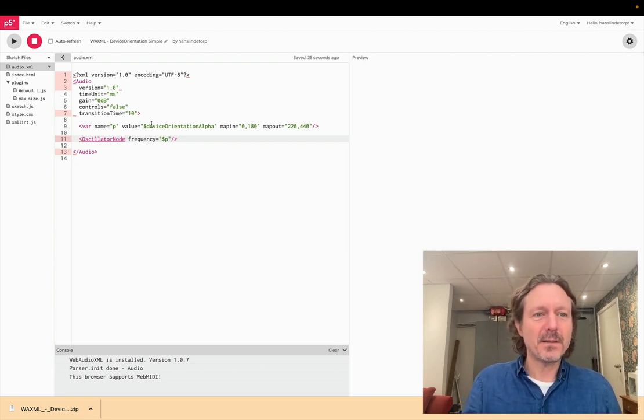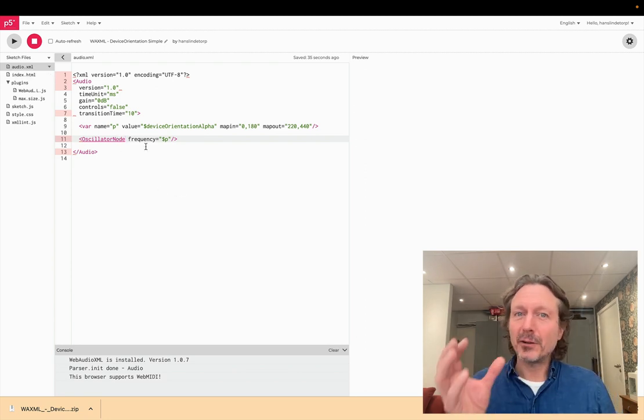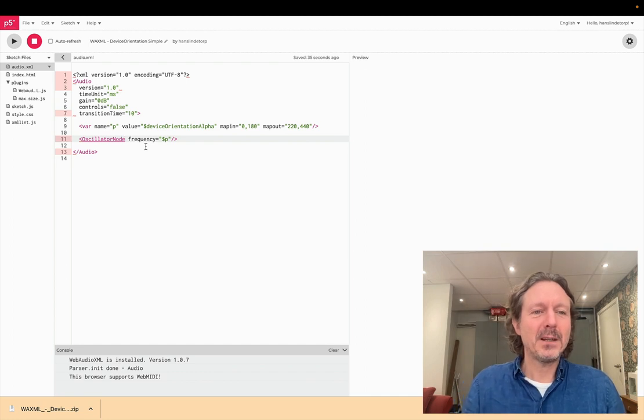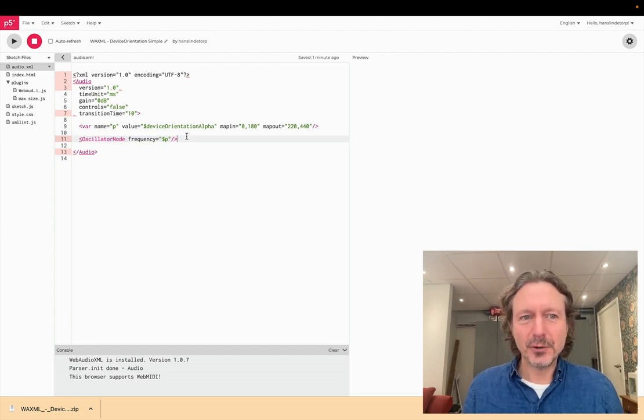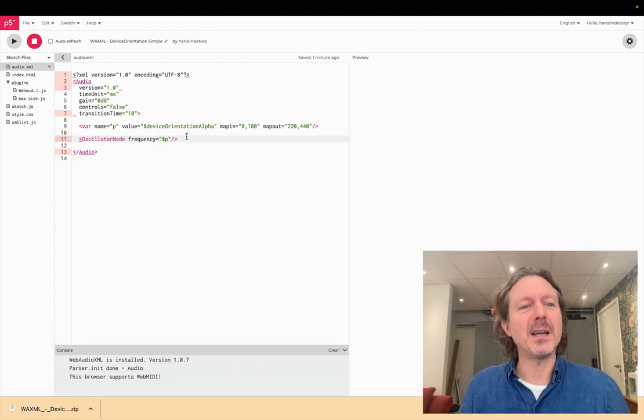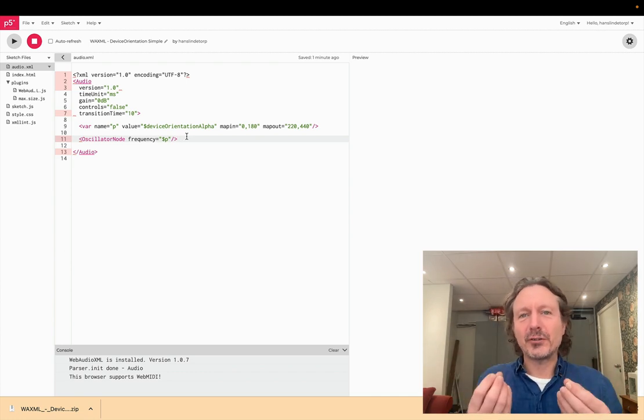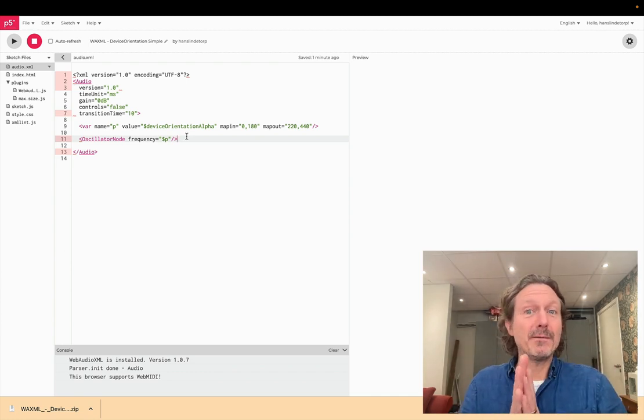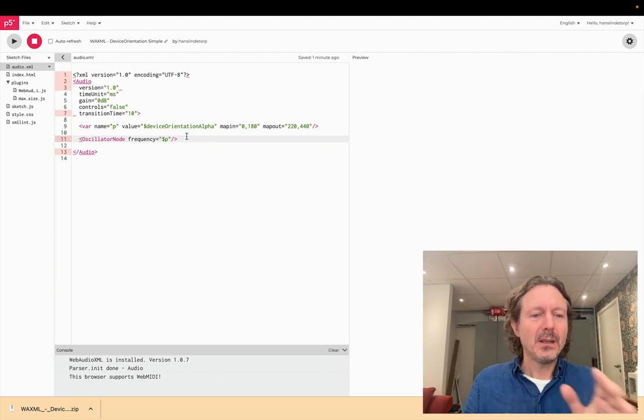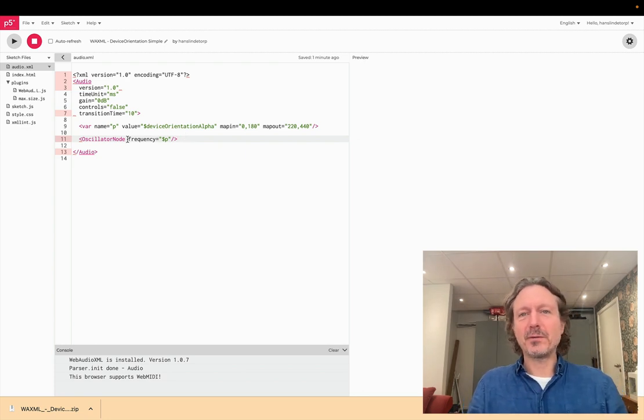And this is the audio XML file where we build the configuration for the application. And it's one element here, one audio node called oscillator node. That's a part of Web Audio API, and it's a simple oscillator that can make different waveforms. The only attribute I use for this one is frequency. So just so you understand, if I say frequency equals, let's say